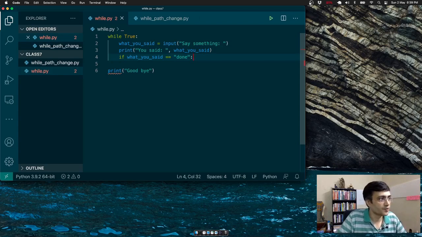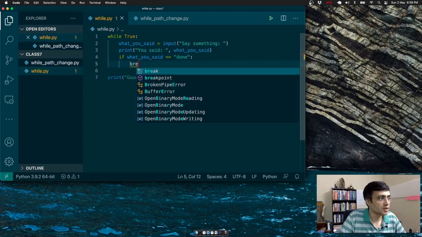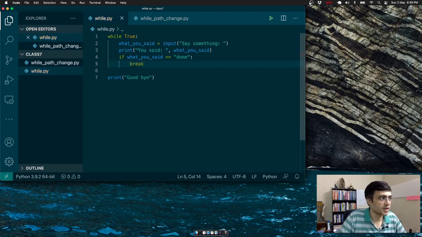Okay, so if this is done, then I will just break. I will use the path changing mechanism, right? Now this is very similar to the program which I had before. What it does is it doesn't have to initialize a variable. It knows that it wants to continue till you say it is done, right? This reads much better, and you're using an infinite loop with a break.